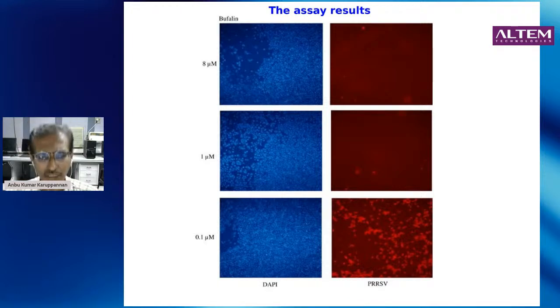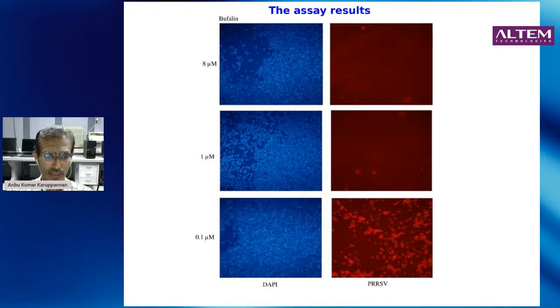And among these 19 compounds, some of them were cytotoxic. So cytotoxic in the sense, even though they inhibited the virus replication, the count of the infected cells also went down. So they were having both activities. So perhaps they were doing the inhibition of the virus replication by suppressing the vitality of the cell. There were 4 compounds which we finally narrowed down to, and these 4 compounds were able to inhibit the virus replication at sub-micromolar levels.